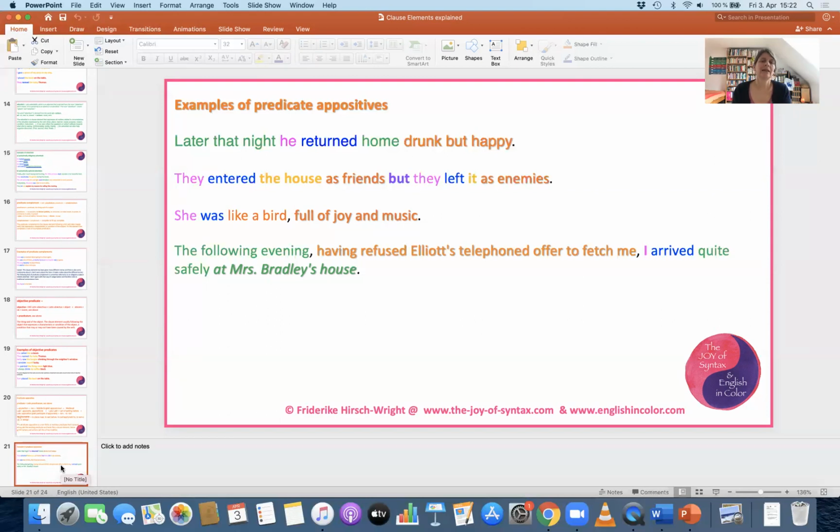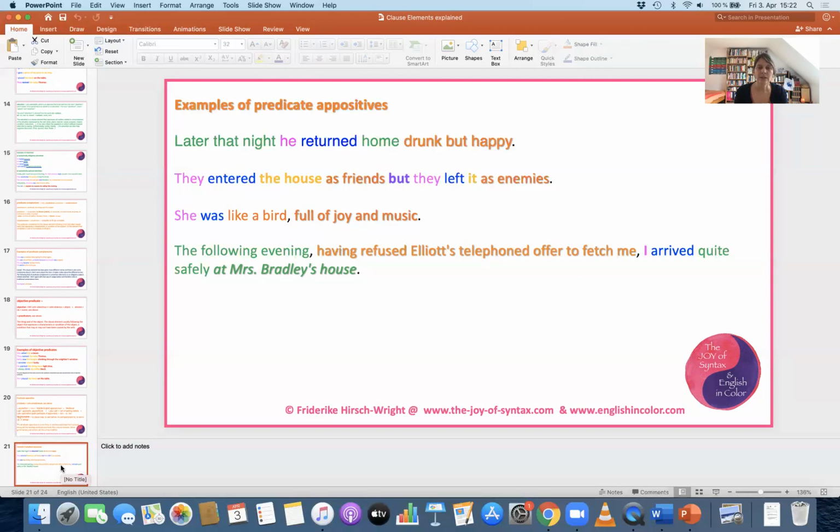But instead, I can actually turn this into a participle construction and then add it as a predicate appositive. And I think it's much more elegant this way. So predicate appositives offer wonderful options. And you know what I find so interesting? When they are reduced clauses, we could also turn the participle construction into a main clause. We could say,